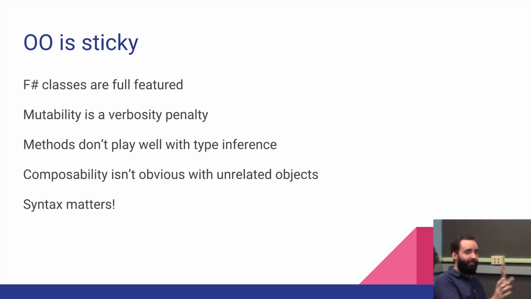All right. So what I learned from this is that, obviously having no functional programming experience, OO is really sticky just in terms of how I put things together. Like I was like, oh, I need a new thing to do something. That's a new type, that's a new object, and I make a new class, and I attach methods to it, and I have private methods to do little things, and I have public methods to expose data and stuff like that. And F# can do all of those things. It has support for every single one of those. I can build full-featured classes, but it's just a big verbosity penalty to actually put all that together.